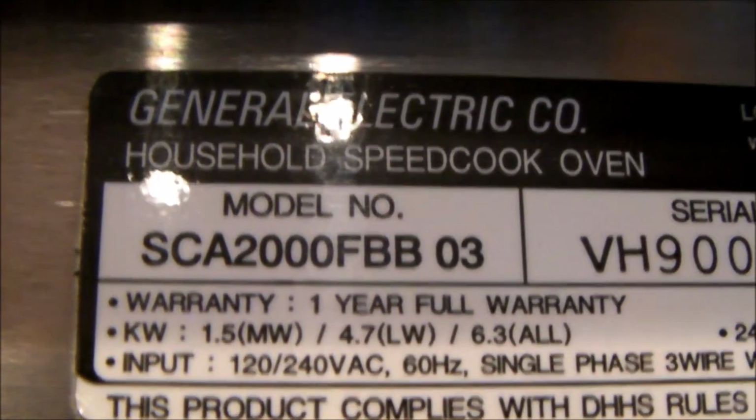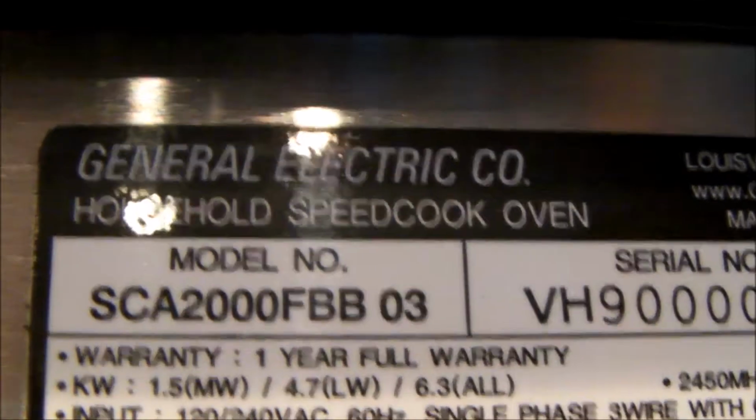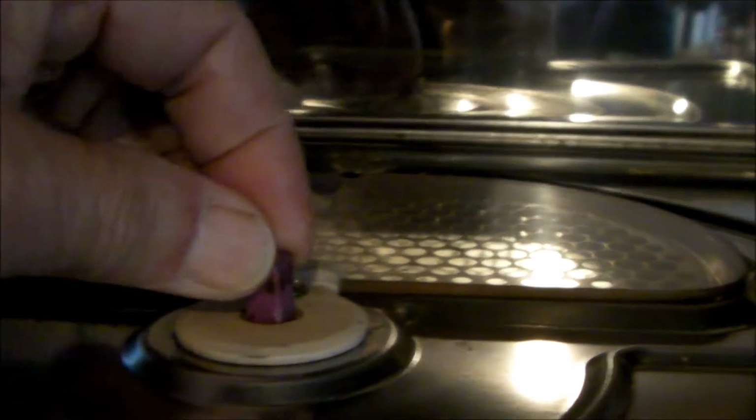Hello everybody. The turntable on our GE Advantium microwave oven, there's a model number, is no longer working. All you have to do is remove the 9 screws that are running along the bottom frame, and then there's